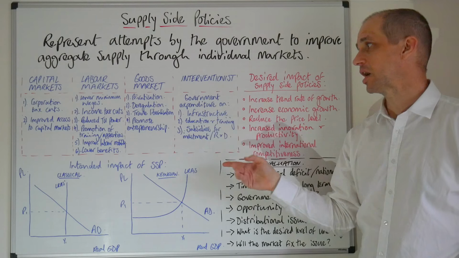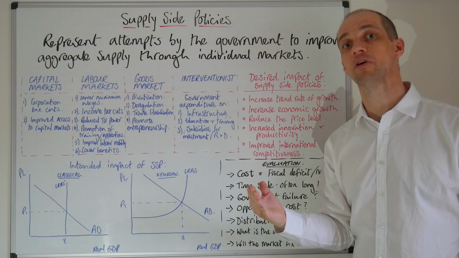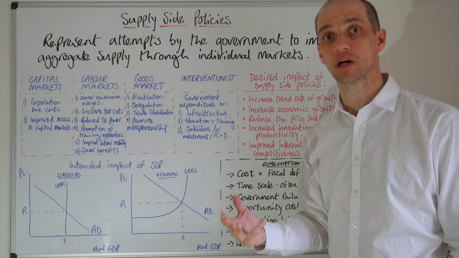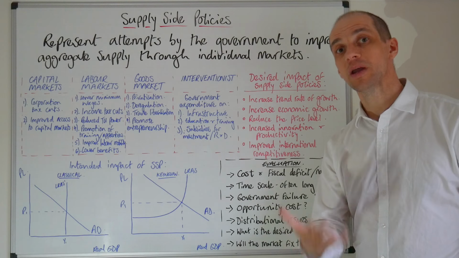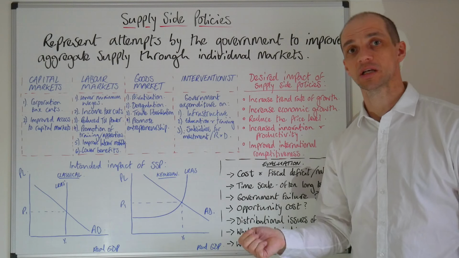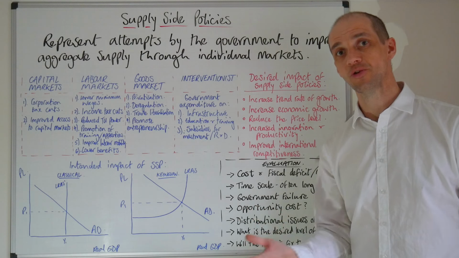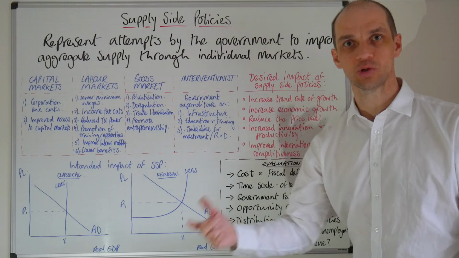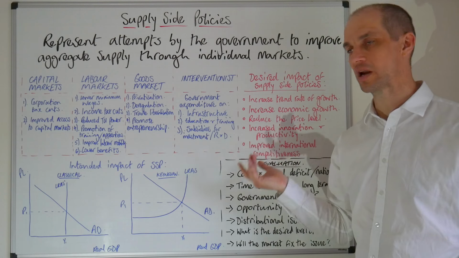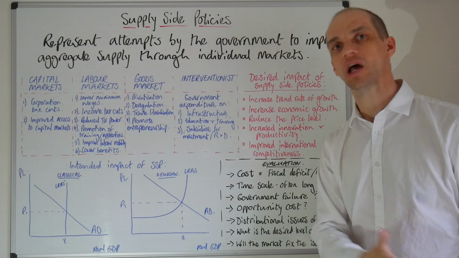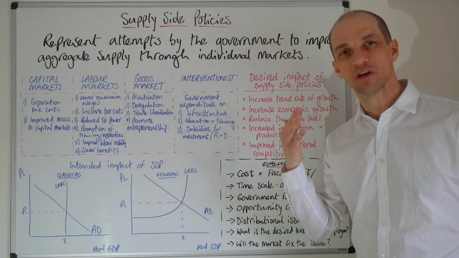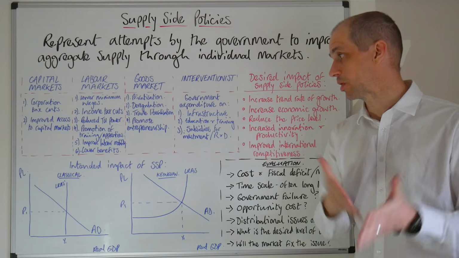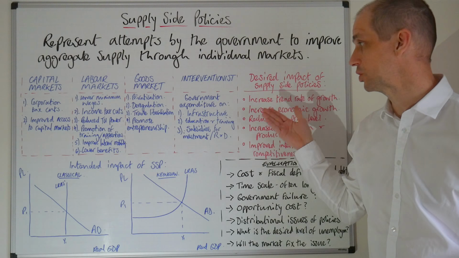So, well, we've got the fact that this is likely to involve direct government expenditure on perhaps the infrastructure within an economy. So we have a big infrastructure project underway at the moment with the HS2 high-speed rail link, which is meant to create this Northern Powerhouse, or is part of the Northern Powerhouse project, but it's highly controversial because of the huge cost and the length of time this is actually going to take to come into fruition.